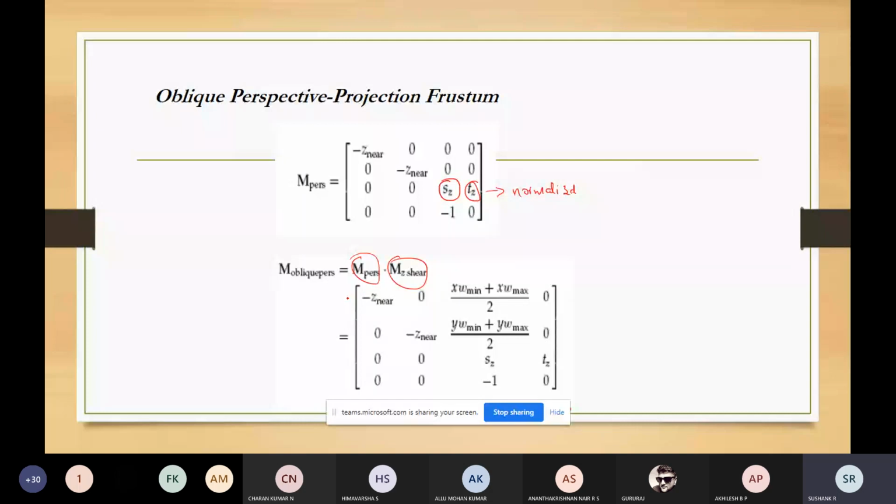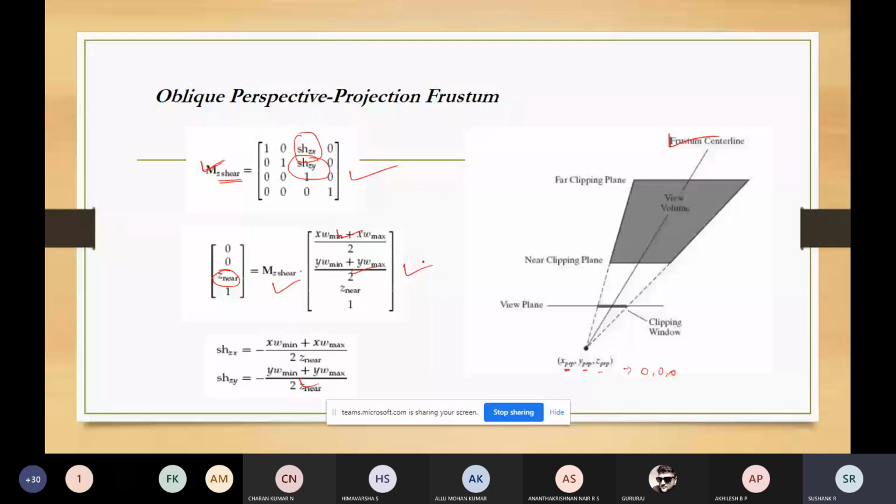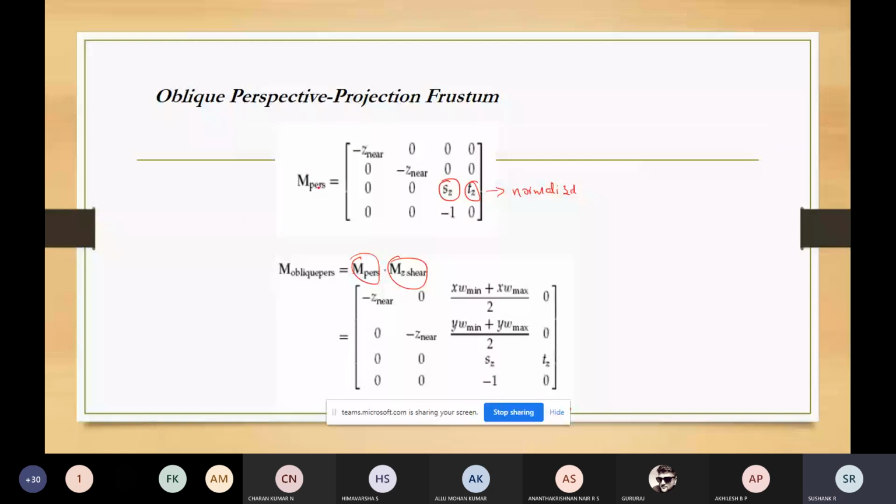So the first thing we found is that the first case was at the origin and the second case was nearer to the viewing plane. So you're joining those two matrices, the transformation matrix and the perspective matrix, to get a transformation which is at the viewing coordinate origin, and it is also at the near clipping plane. So this is the matrix which you are getting.